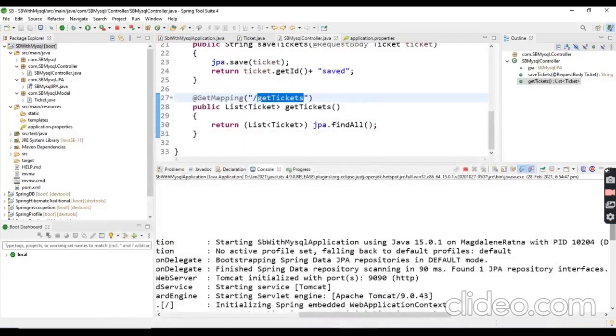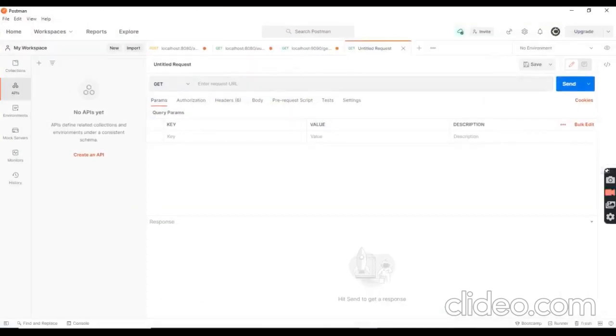Okay, let's open the Postman application. First we are going to save a ticket object into the database.